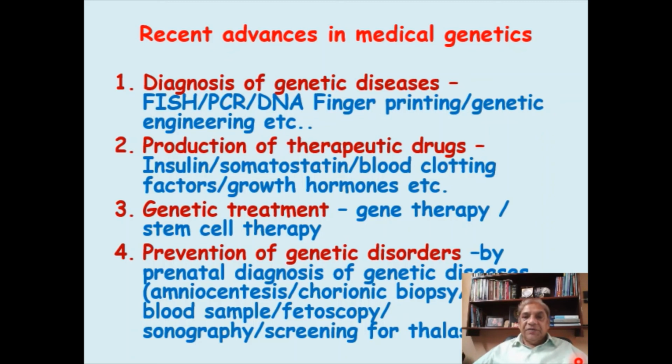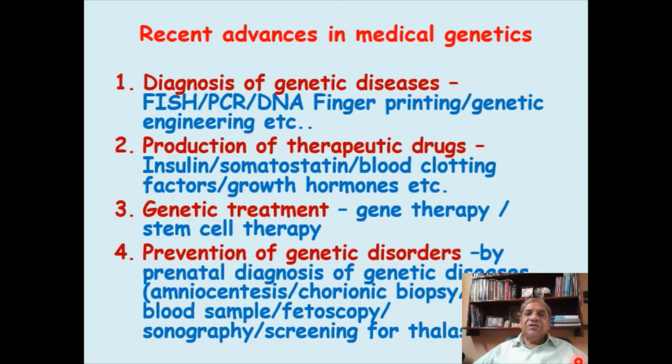Now, DNA fingerprinting. You must have known it is used for identification of an individual, and in case of disputed paternity, when one is not sure who is the father of this child, then this fingerprinting is done. I will tell you about fingerprinting also, in the last lectures of the series.